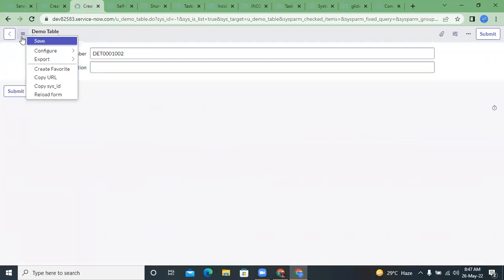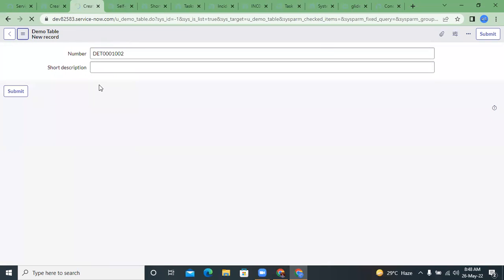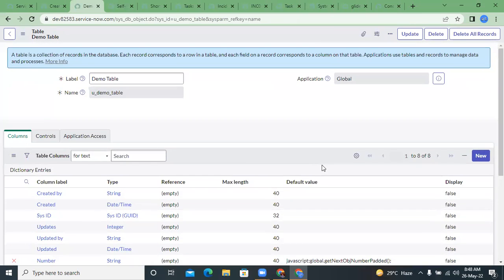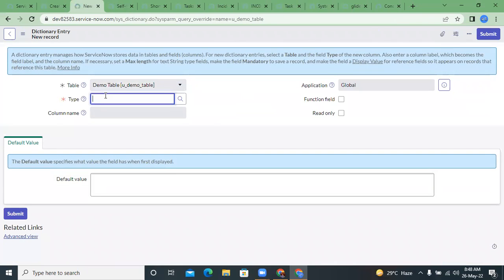Okay, so if I am in the table, if I need to go to the dictionary, what I can do, I can directly configure and go to the table. Click on menu, configure table, so that I'll be directly going to this particular demo table, and from there I can create a new field. Okay. So now I want to create a reference field. So reference field means